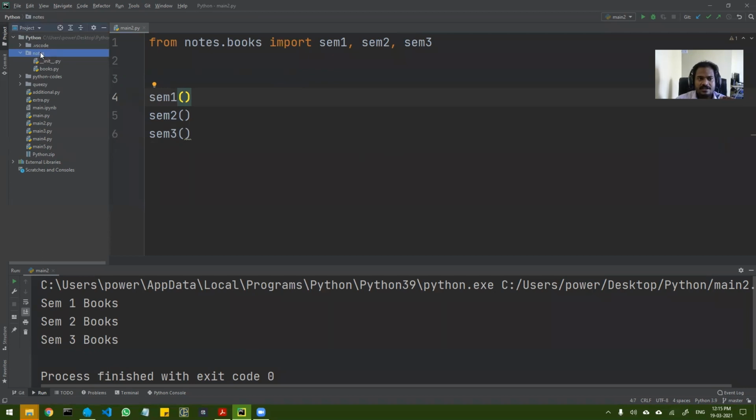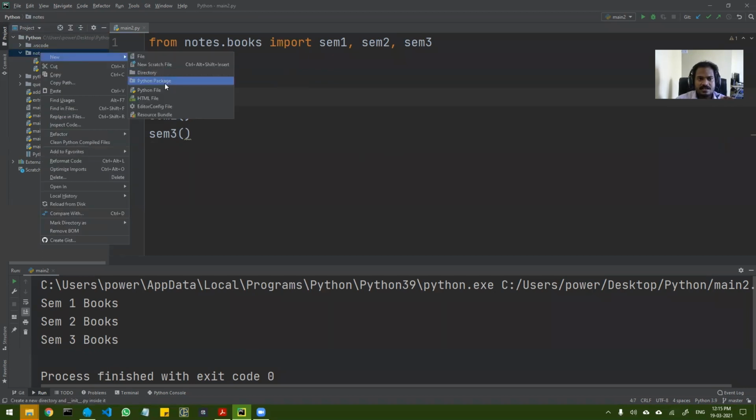I will create another folder, let's create a folder, okay। so I will show you another method of doing the same thing। now you can see I have an option for creating directory, but PyCharm के अंदर एक beautiful feature है, it is called Python package, okay। so ये Python package ज़्यादा कुछ अलग नहीं है, ये सिर्फ वो फोल्डर में init.py बना देता है, उतना ही डिफरेंस है। so आपका थोड़ा सा काम बच जाता है, okay।